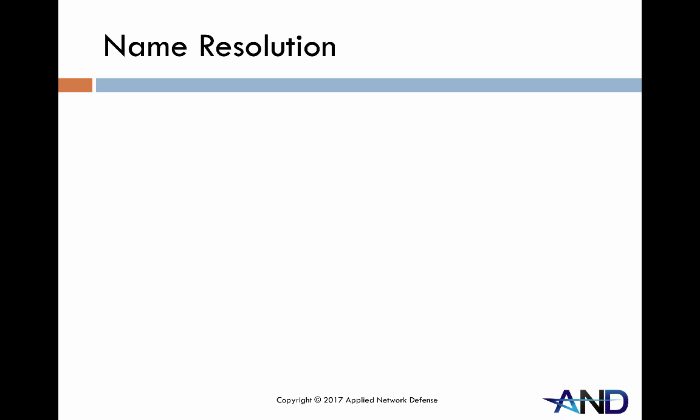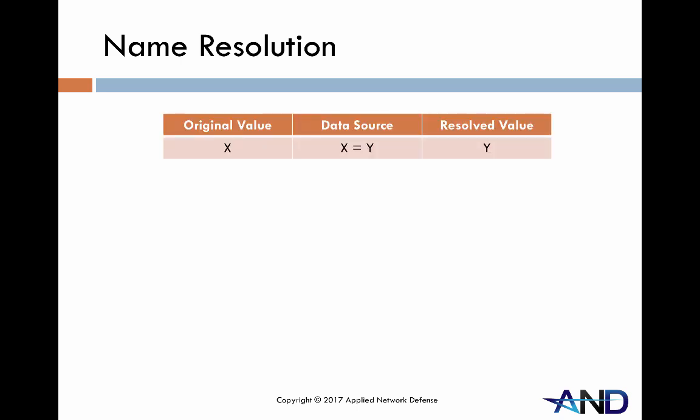streams of data. Now, I'm going to show you a bunch of different examples of this within Wireshark, but I want to go through a couple of them real quickly here on the slides just so you can see what we're looking at and conceptualize this better. Now, in this case, we're going to be looking at things in this format. We have an original value that's just some type of data, and then we're going to take that data and